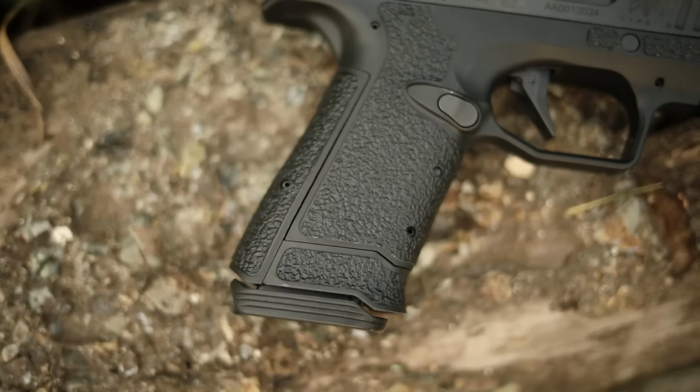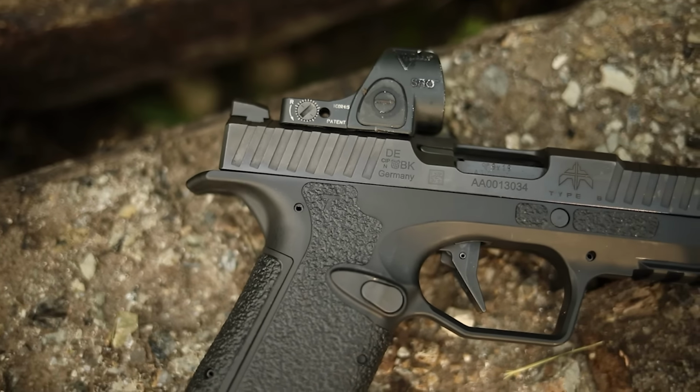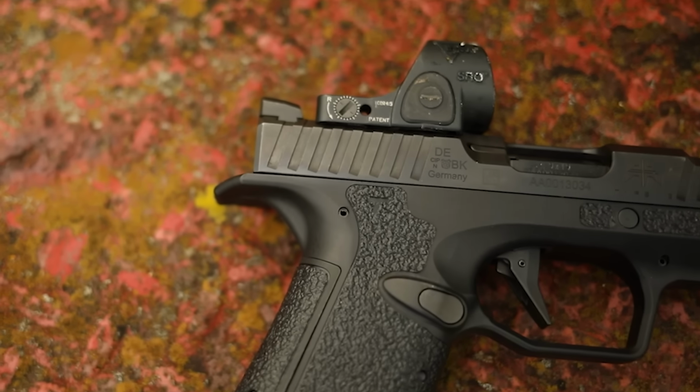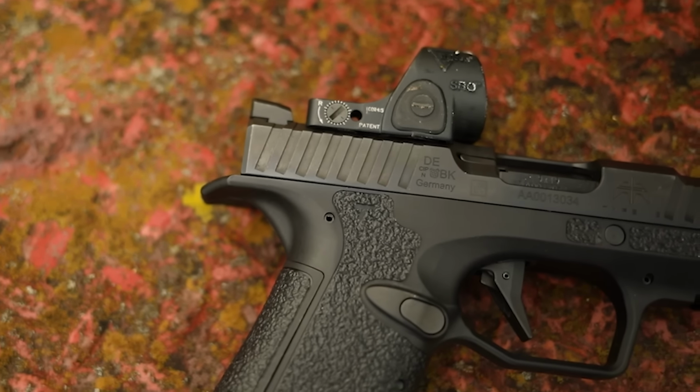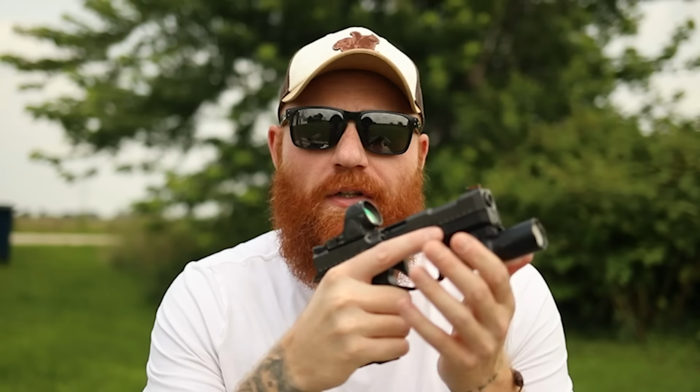One of its claims to fame is that it has very low recoil, or at least the previous one did, and that's because of its low slide, its very low bore axis, the ability to get very, very high on the gun. It has a pretty comfy grip, and it runs a different system than the standard